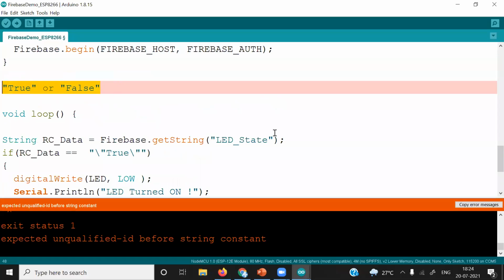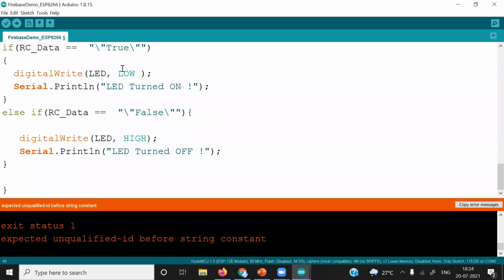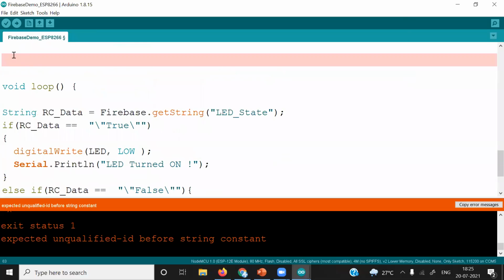Okay, we forgot to remove this. Now there is no need to put the delay because, see here, every time we are going to receive this true or false because we are not changing it, so we will put a delay. This loop will run very fast, so we would not be able to see the data properly. So I'll make it 3 seconds again. We will compile it again.